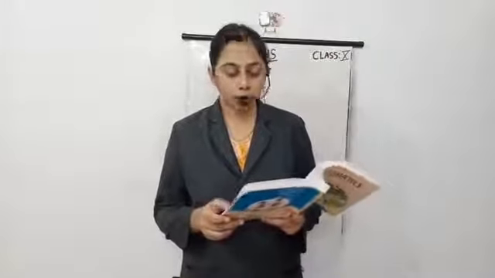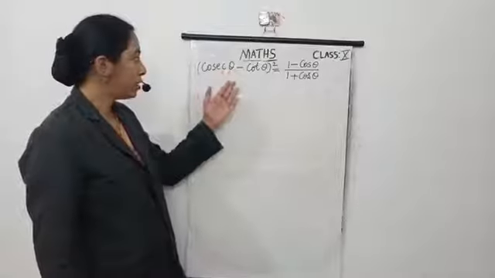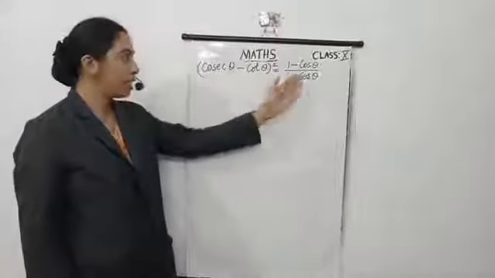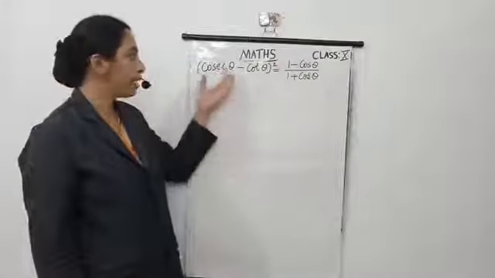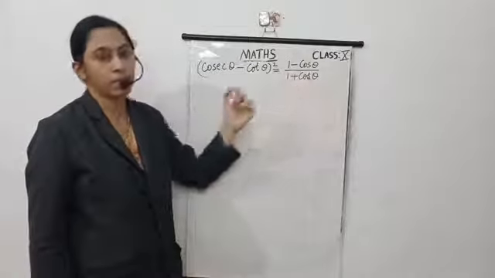Today we continue exercise 8.4, question number 5, page number 193. Question 5. Prove the following identities where the angles involved are acute angles for which the expressions are defined. First question: (cosec theta minus cot theta) whole square equals (1 minus cos theta) by (1 plus cos theta). So here in the first question, this is LHS and this is RHS. We need to prove that if we solve this LHS part, we get this right side part.